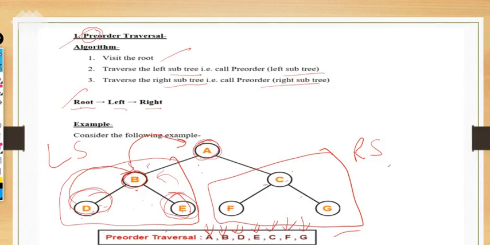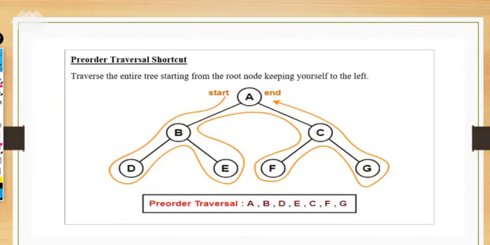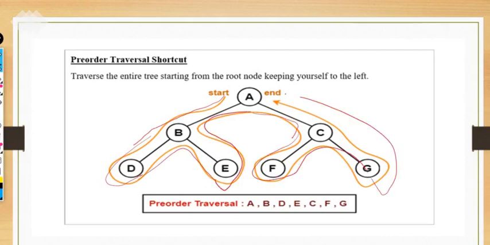So in that manner, you have to repeat the same process again and again until the last node you have covered. So it was all about pre-order traversal. Like we have already done, how we will traverse this: A to B, then B to D, then D to E, E to A again, backtracking, C, F, G and A. It was all about pre-order traversal.